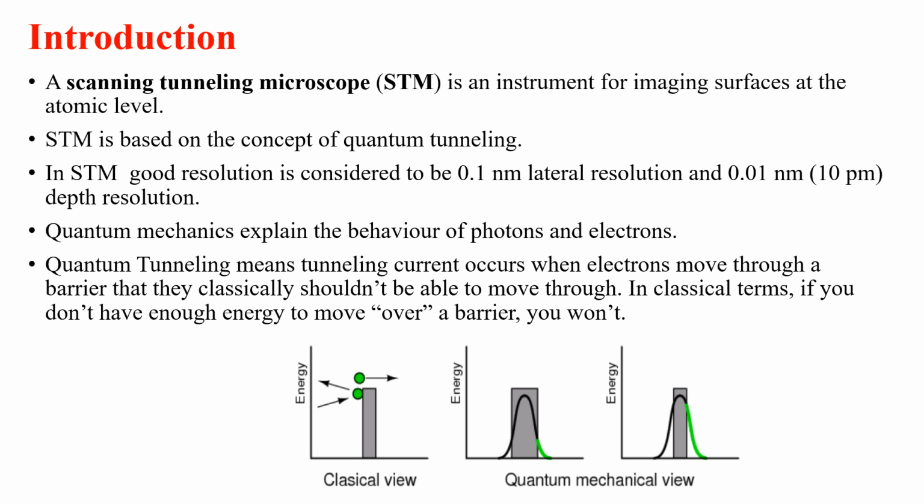In the first figure, you can see atoms or electrons. When an electron hits the barrier, it gets reflected back. It doesn't pass through the barrier because the electron acts as a particle. But in the quantum tunneling effect, the electron travels in a waveform, and because of this waveform, the electron passes through the barrier. That is known as the quantum tunneling effect. You can compare both diagrams.